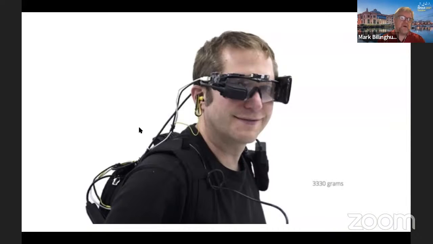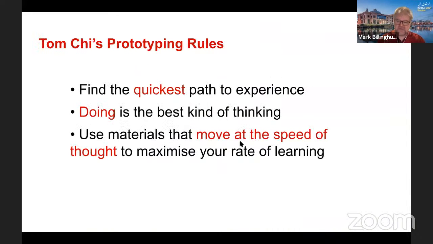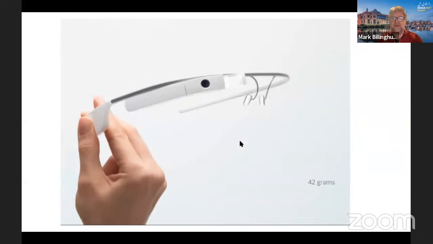And then about a year and a half later, they had been able to shrink it down to what ended up being a very small head-worn display with only 40 grams. So this example shows really the importance of prototyping, and in particular the 3 rules of prototyping he talked about,